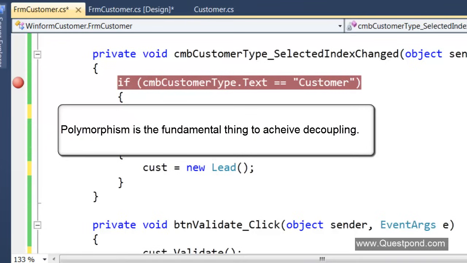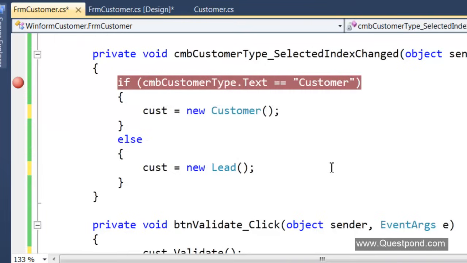By which you can ensure that when change happens at one place, it does not go all over the places, right? So here also, by using polymorphism, you can see at this moment I'm using polymorphism, and because of that I have minimized my changes from 3 to 1, right? But still I have to make changes.